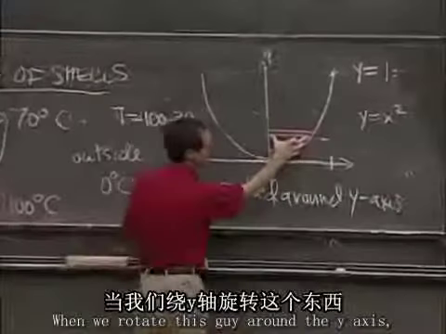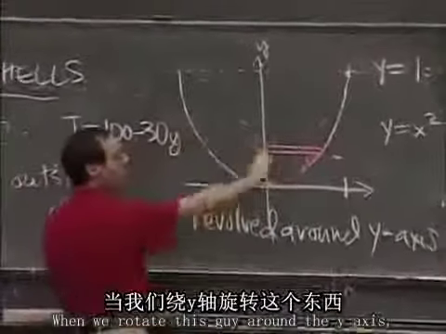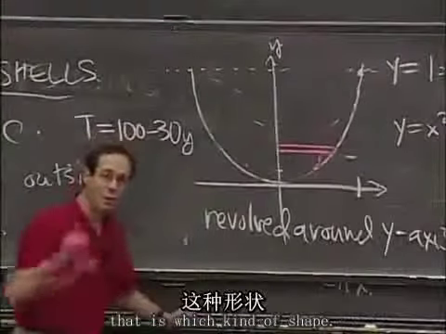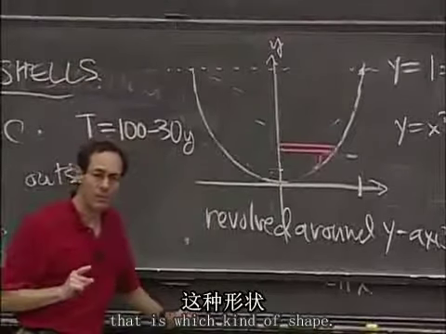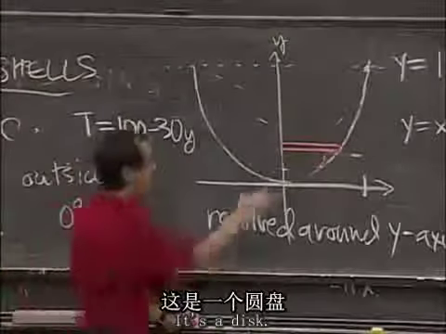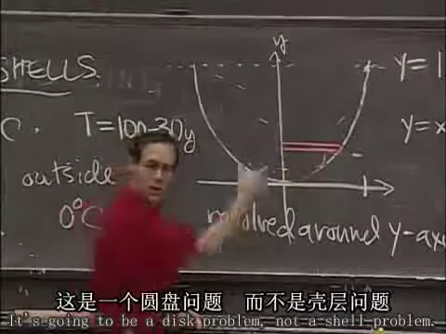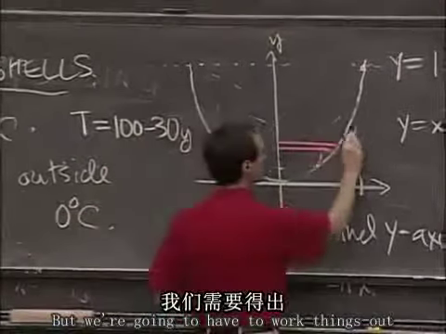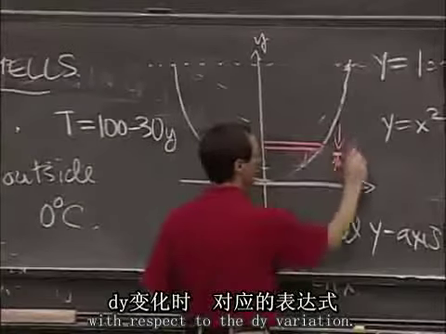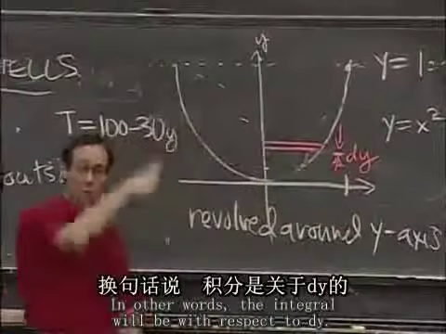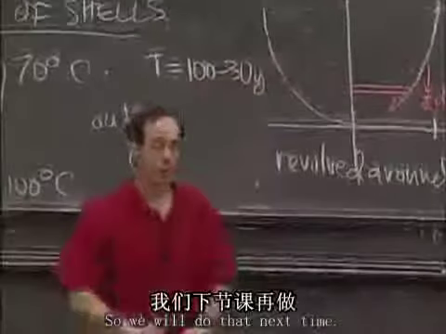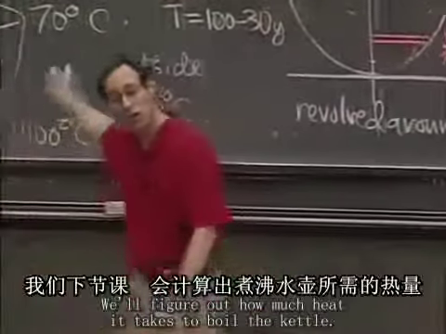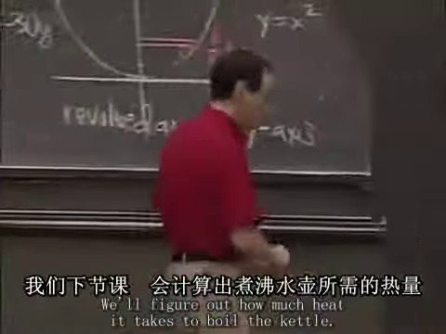When we rotate this around the y-axis, which kind of shape is it? It's a disk. So actually, this is going to be an easier problem. This is going to be a disk problem, not a shell problem. But we're going to have to work things out with respect to the dy variation. In other words, the integral will be with respect to dy. So we will do that next time. We'll figure out how much heat it takes to boil